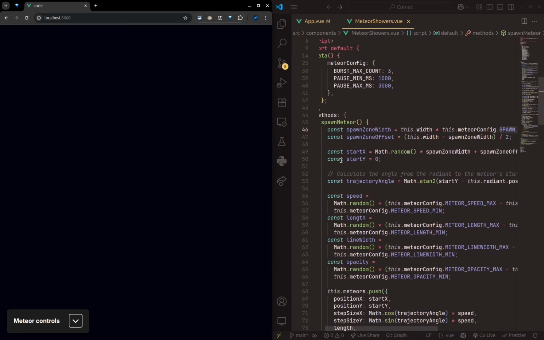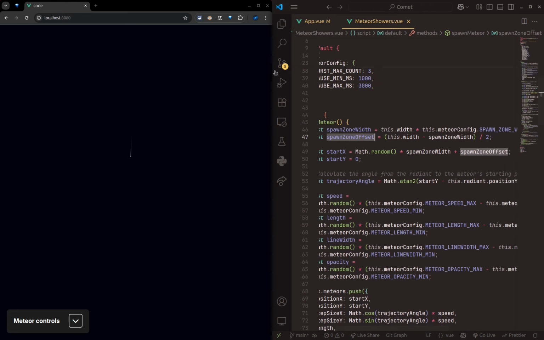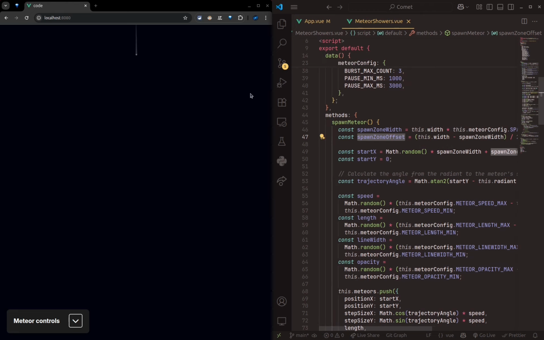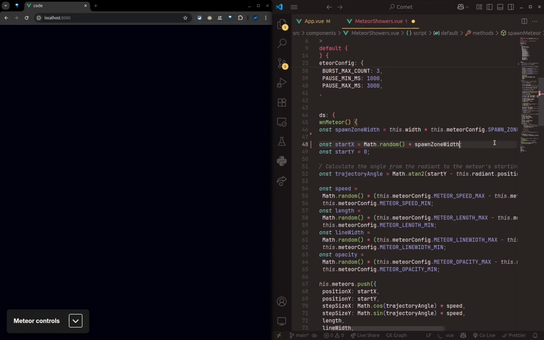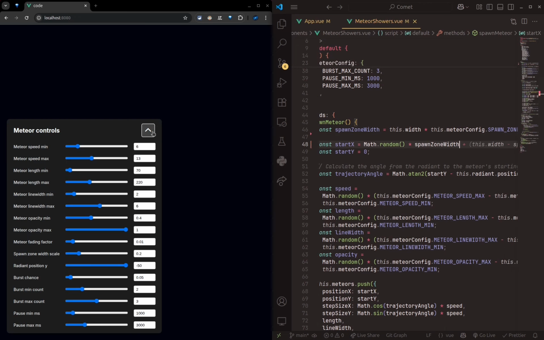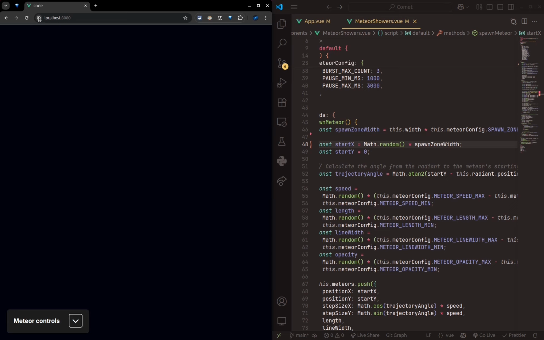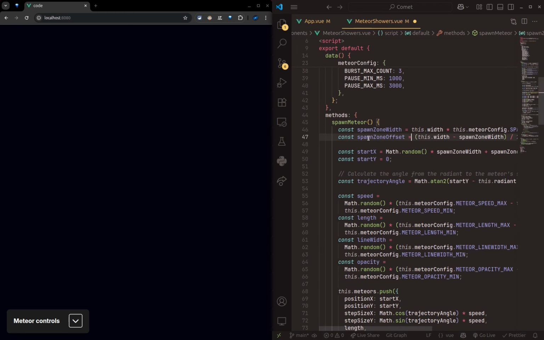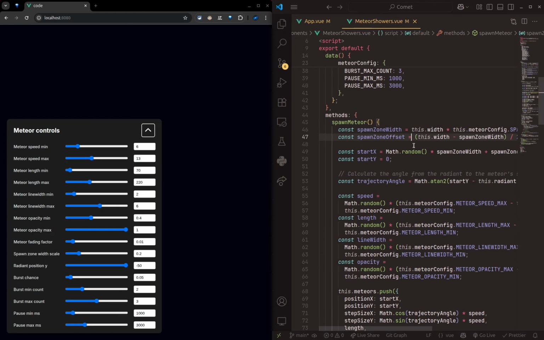Awesome, so that's working. And here, with this spawn zone offset, we will just center it. If we don't do this, then the comets will not be centered. So in fact, let's just remove it, and let's see what will happen. Okay, now let's save. And as you can see now, the comets, the spawn area is not centered. It is here, and the radiant is in the middle, so that's why they are going in this direction. Okay, so now let's undo the changes,